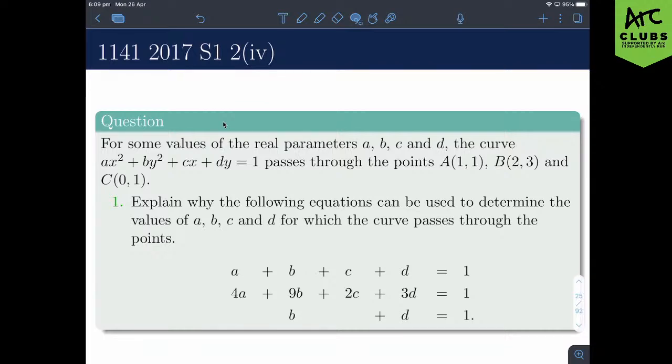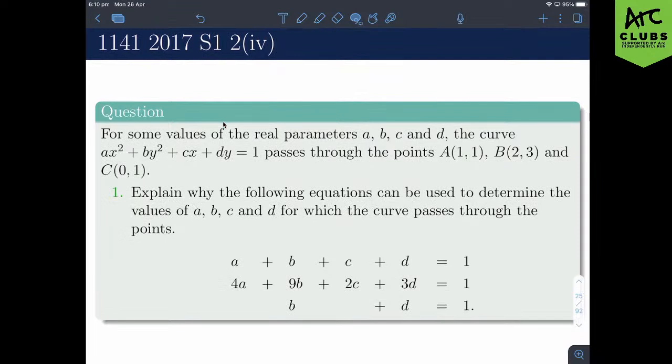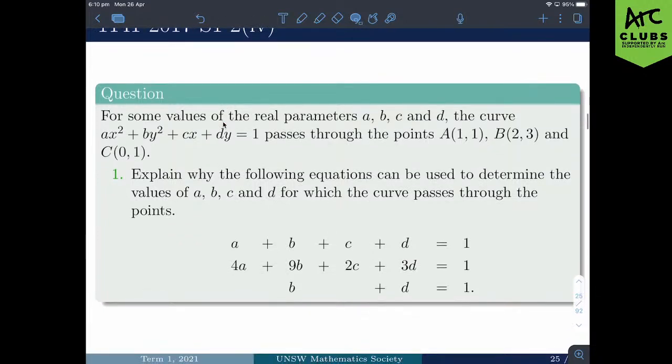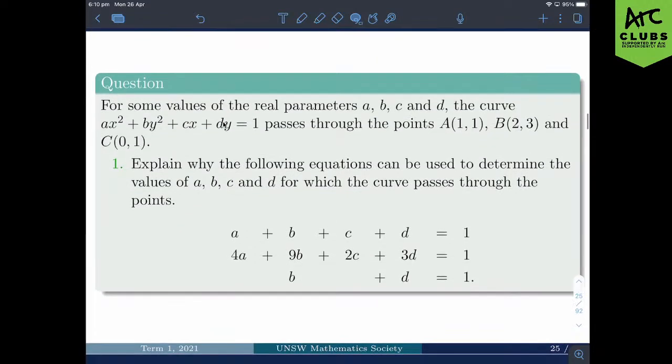Explain why the following equations can be used to determine the values of a, b, c, and d for which the curve passes through the points. And I guess the first question is quite straightforward. If the curve passes through these 3 points, the coordinates of these points have to satisfy this equation. So the first